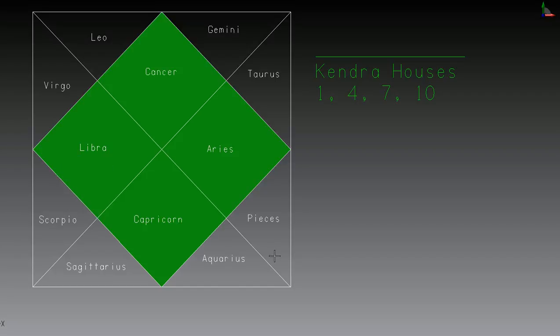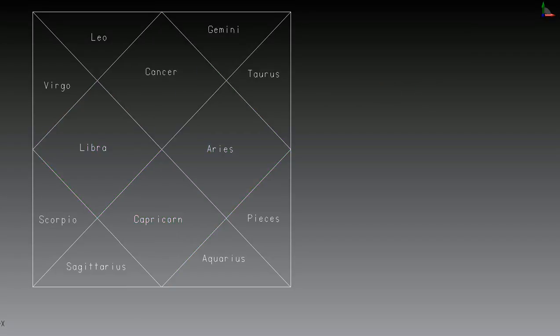The seventh house is considered to be legal partnership, or you can consider it as marriage, and the 10th house is called the house for earnings or the profession or the job associated with it. So these 4 houses are also good houses. The most auspicious or benefic ones are the 1st, 5th and 9th. The second ones are the Kendra houses 1, 4, 7 and 10. Now there would be one more.